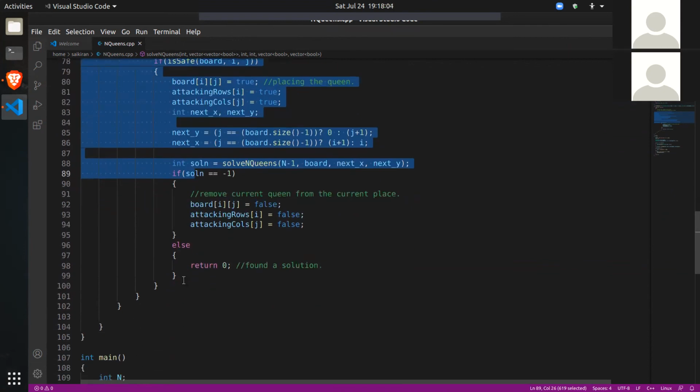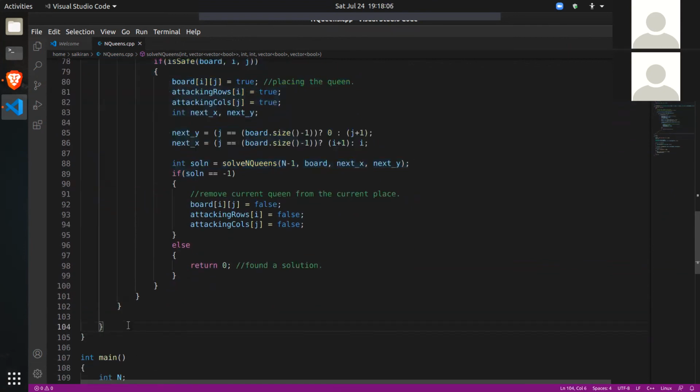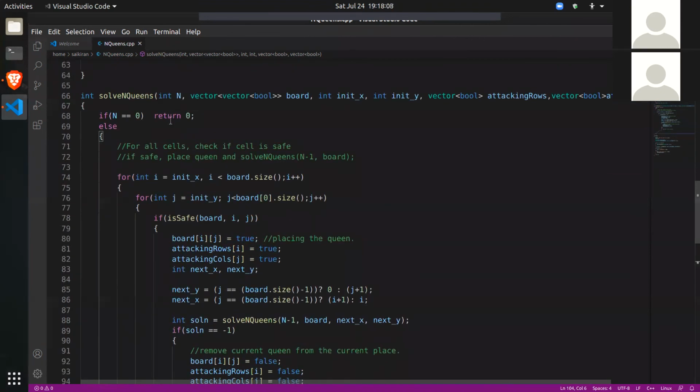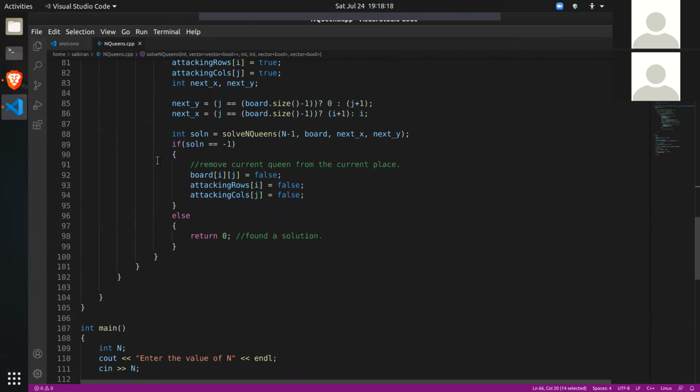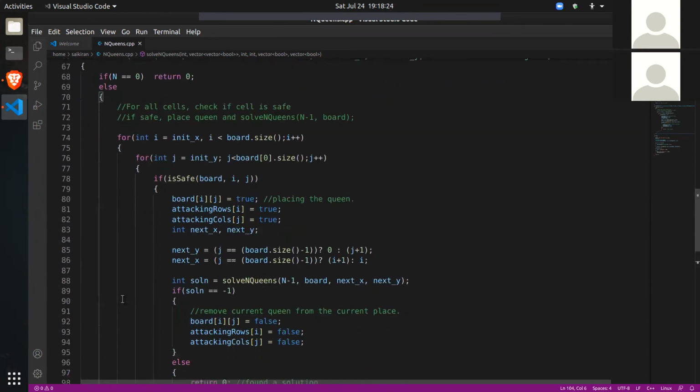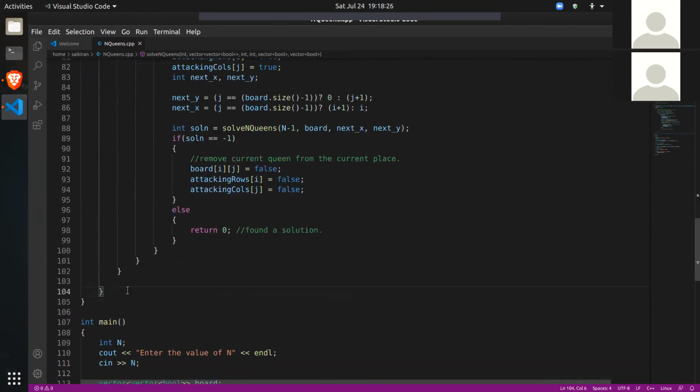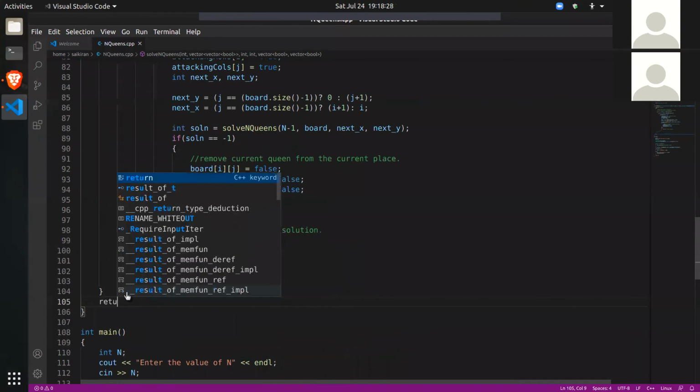Okay, what do we do then? We should return -1. Because solveNQueens can be a child to some parent, and if this child doesn't find any safe places for itself, then what should it do? It should say -1. Sorry parent, I did not find any safe place, so you have to move. So that's what we'll do here. Return -1.